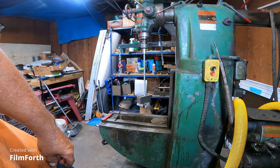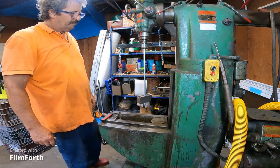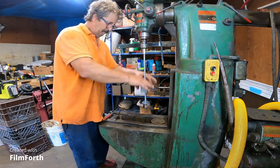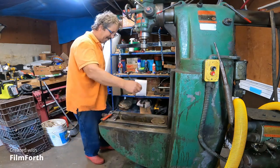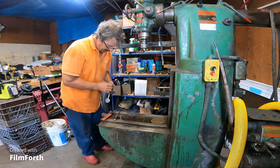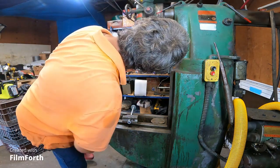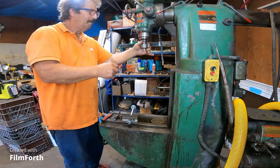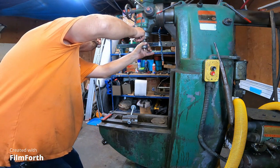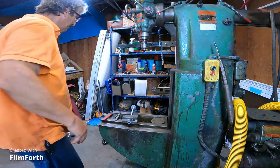Okay, we might be at take 3. There we go. I now have improved my holding power. Now the weak point is where the threaded rod goes into the collar. That's the last place I expected it to fail. No, it isn't. Yes, it is. What happened? I'm done. I'm done for a while. I'm not sure if I'm really done, but